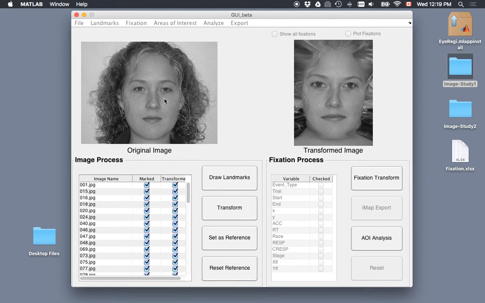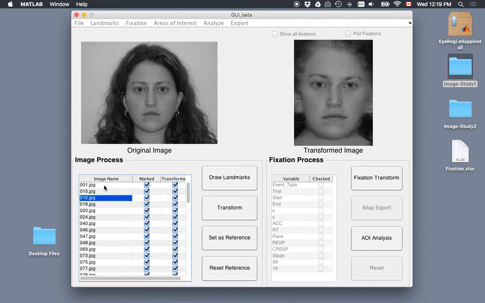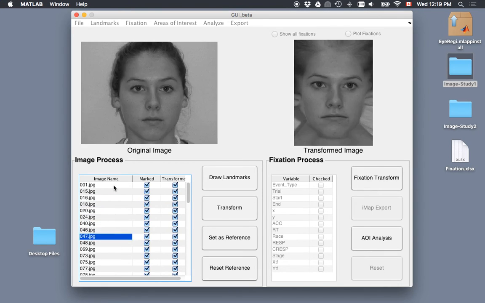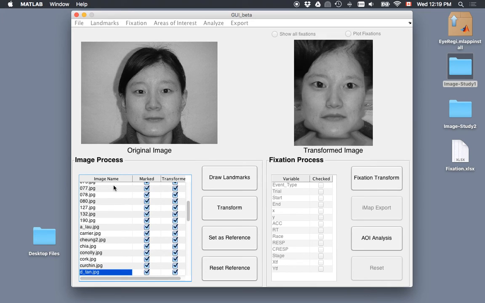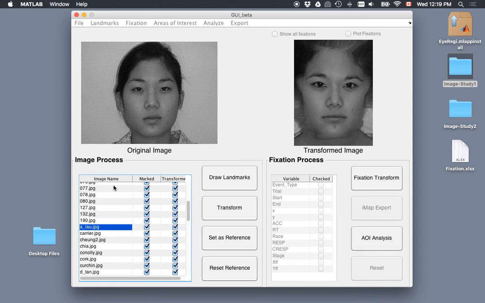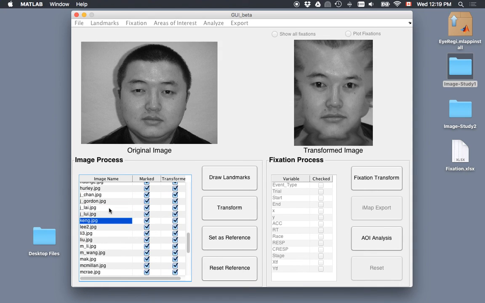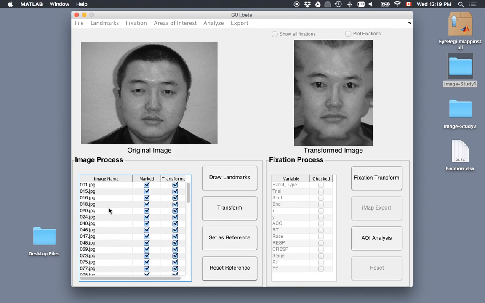So basically you can see one image and the other image called transform image. We want each of the original images on the left transformed to a norm template on the right. If you pay attention on the right, you can see all the image faces have been aligned perfectly to a template. You can see the eyes, nose, and mouth locations are almost in the same place. This is the magic of this software. And this is the only thing we need to do manually. Okay, so what do we